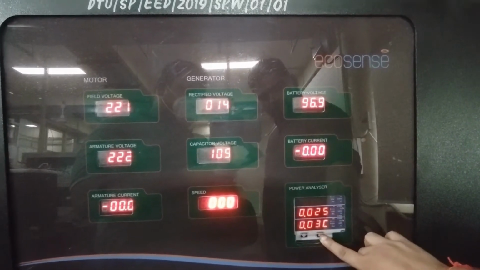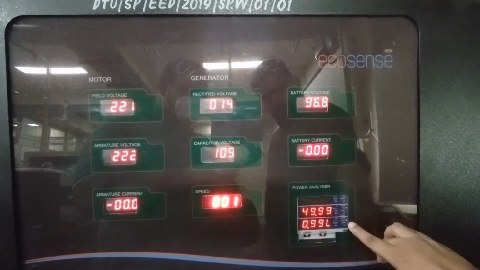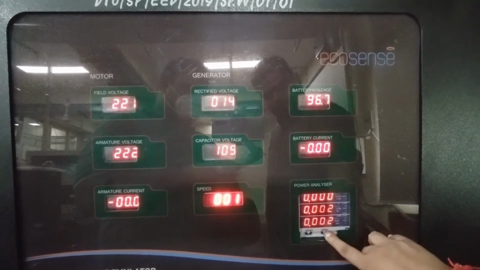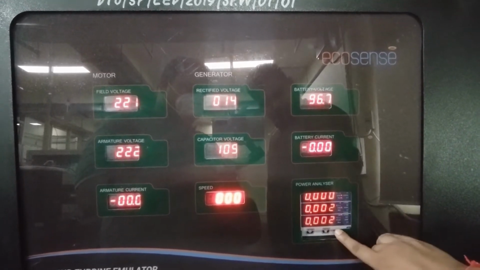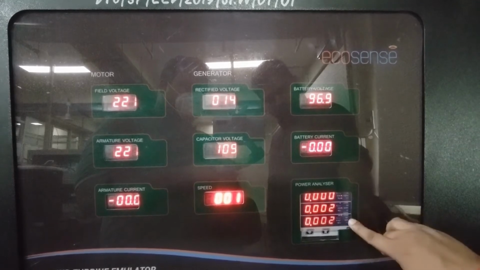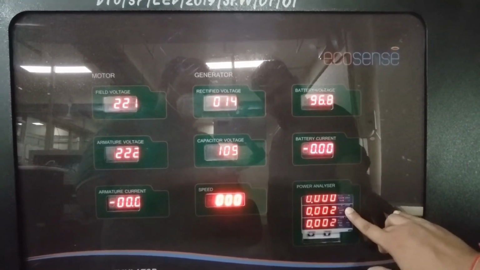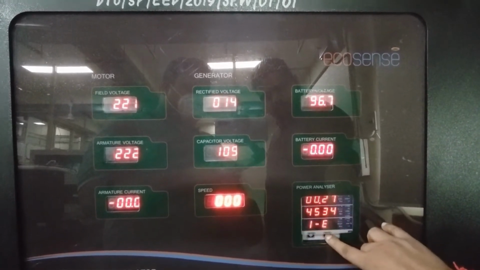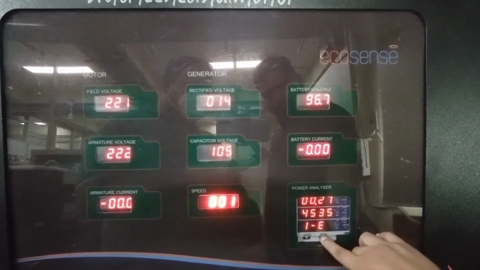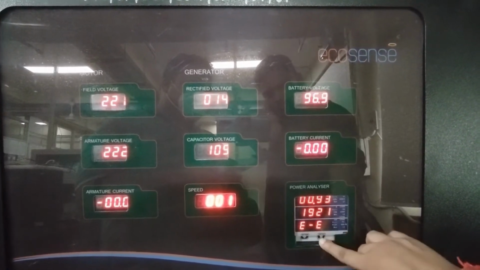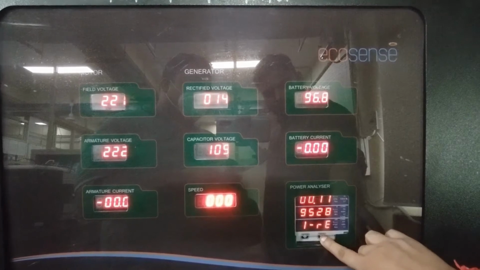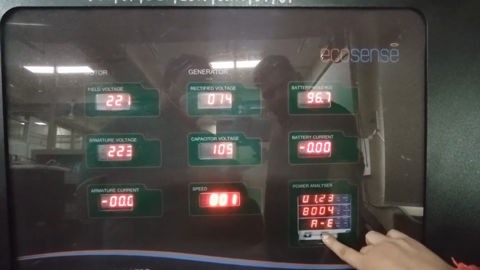By changing the display screen, we can see different values. We can see values such as THD, power factor, current, imported energy, exported energy, and everything using this multifunction power analyzer.